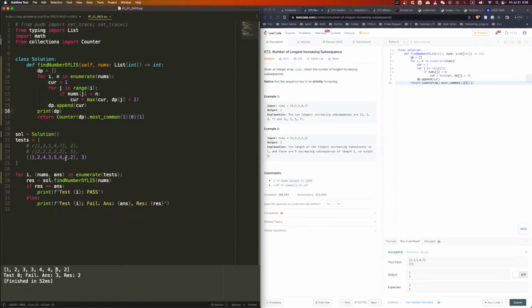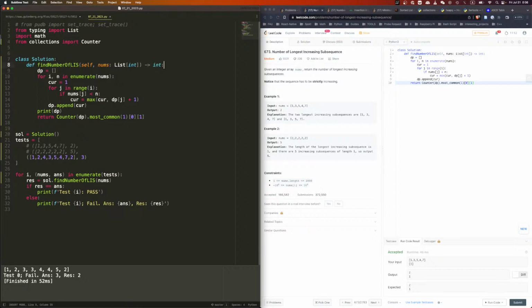I need to find a number of... So the DP condition is different. It is the number of longest that's ending at the current position. Because if I have 4, the longest is 3, right? I have 3, the longest is going to be 3. 5, the longest is here and here. Look, this is a 2. So yeah, it's going to be different.